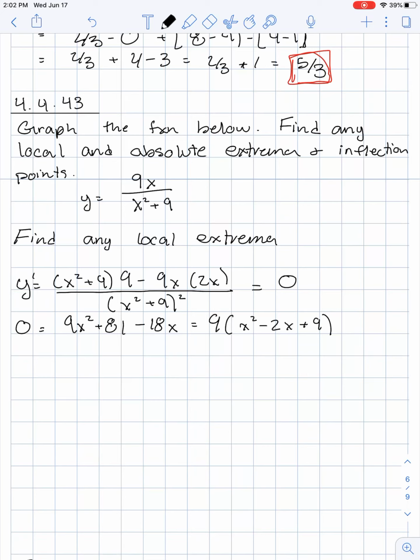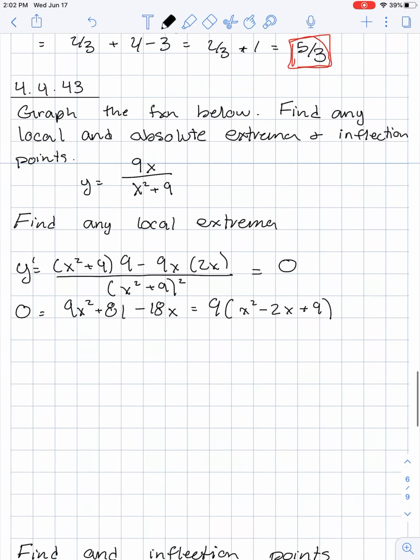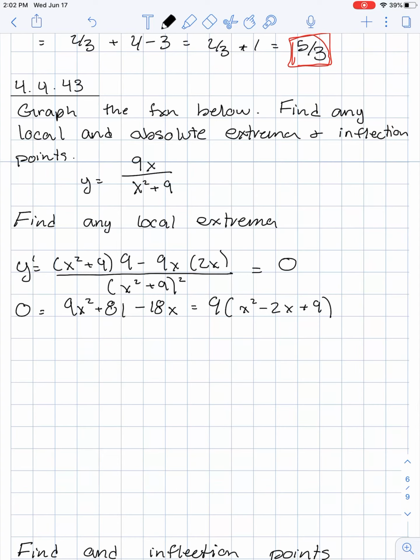Okay, so that 9 can go away, and then I don't know things that multiply to 9 and add to -2. Okay, so